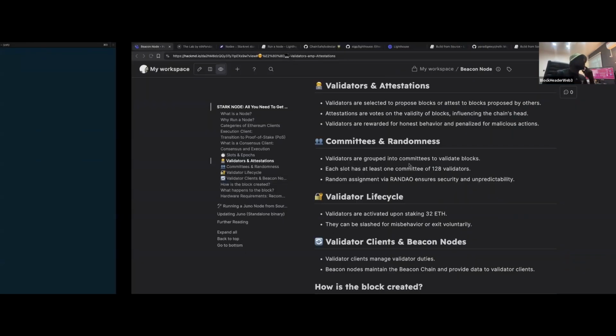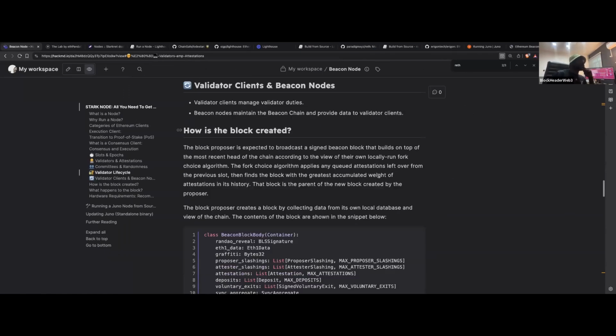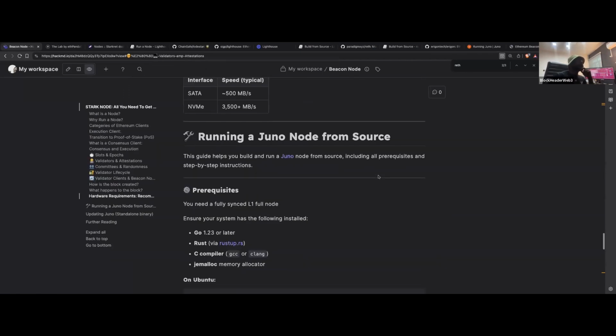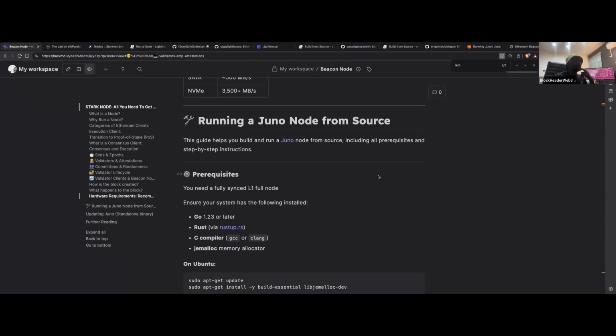Now, what is the next thing? The next thing is to run a StarkNet node. The essence of this session today is to cover how to run a StarkNet node. Please don't mistake what I'm saying: if you set up your Lighthouse, which is your consensus client, it's going to listen on port 9000. If you set up your Reth, it's going to listen on your machine on port 3033. That's the default port. If you want to access your execution client, that is your Reth, you must pay attention to